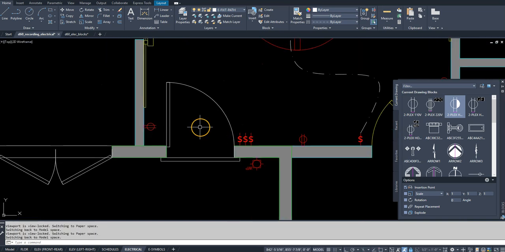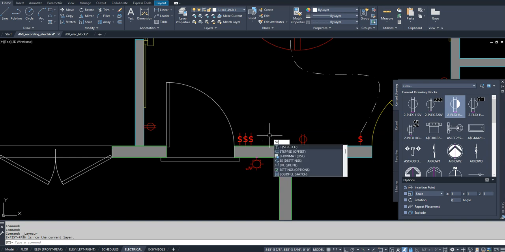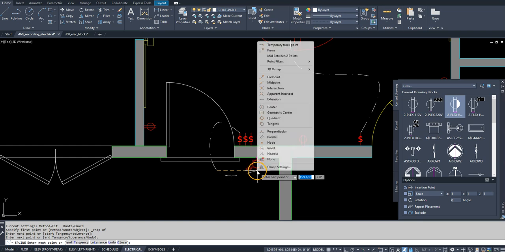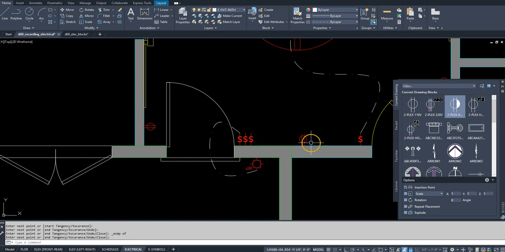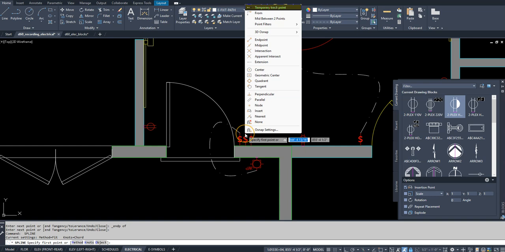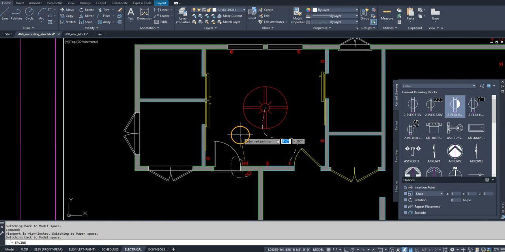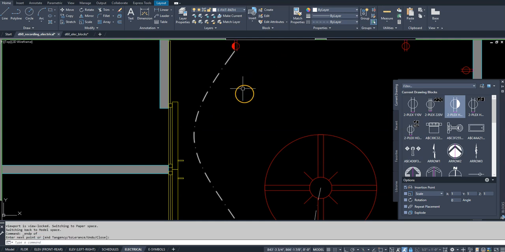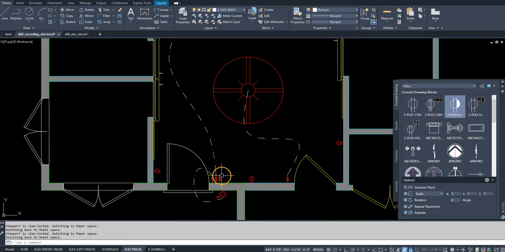So what you're going to do here is we want to control which switch controls which light and which outlet. So again, we make the trace layer current, and we want to draw a spline from here, and we want to say that this will control that. We would just hit enter. Then we want to use this switch to control that outlet. Hit enter. And then we want this switch